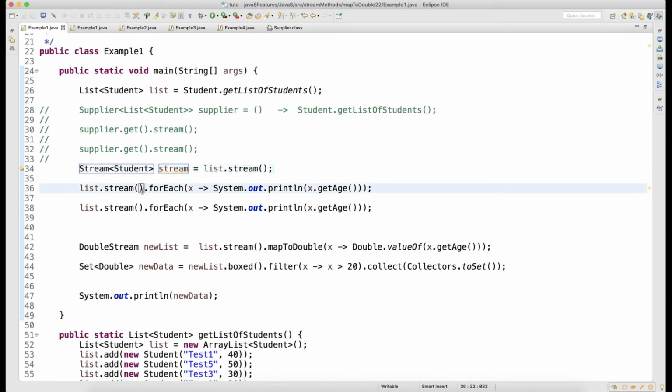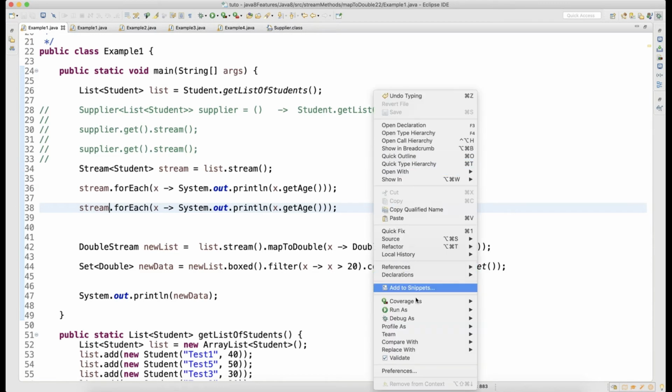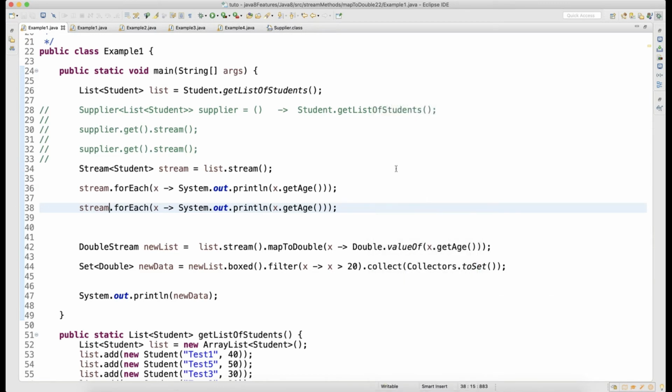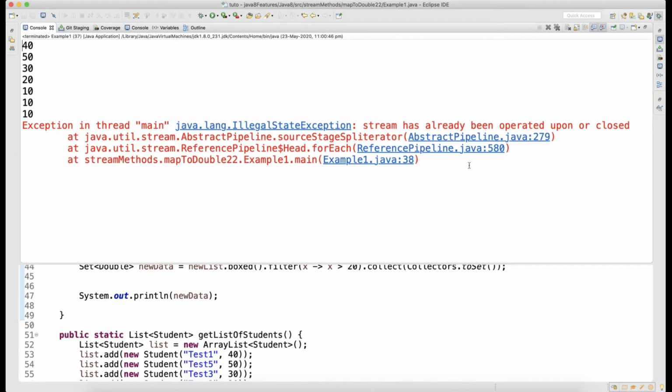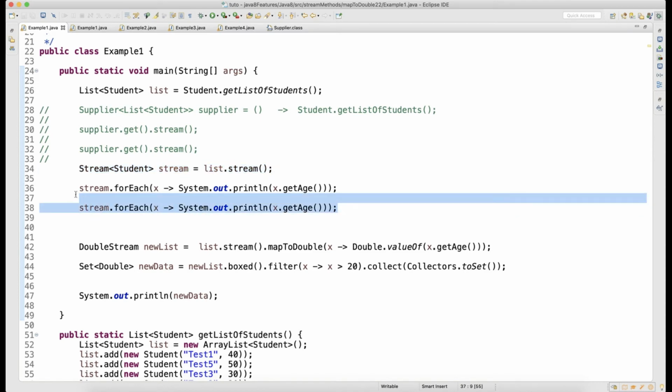Then let's do one thing. Now call forEach on this stream, and let's see where it will break. Even I had to do a lot of R&D to replicate the issue. See, it is breaking now. Stream is already closed, it is breaking. So in this case it is breaking because I took the stream outside, and on the same stream I'm trying to process the forEach loop 2 times.